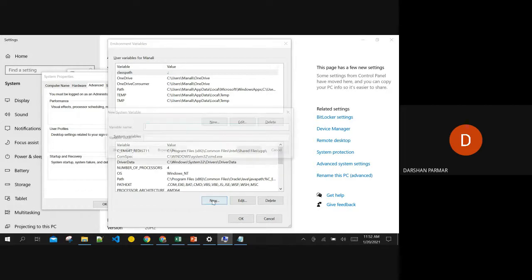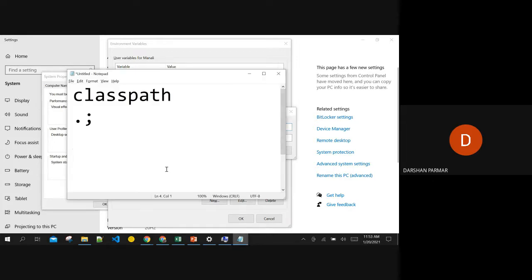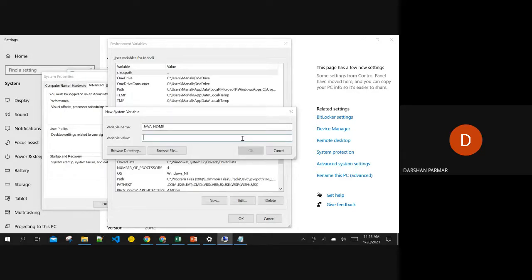Click on new, variable name: JAVA_HOME, all caps, with an underscore, not a minus. The way you write the name, all caps, JAVA underscore HOME. This is the variable name. The value will be the path of your JDK.